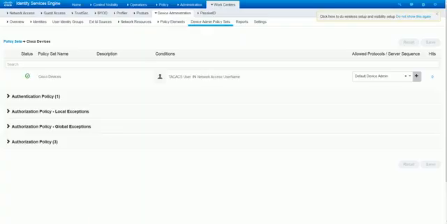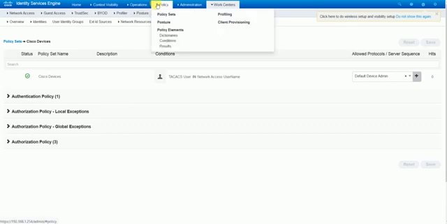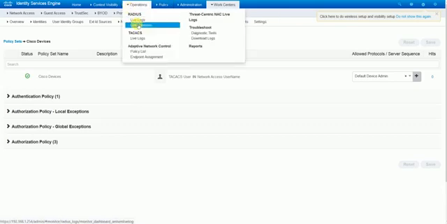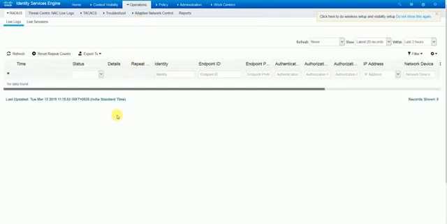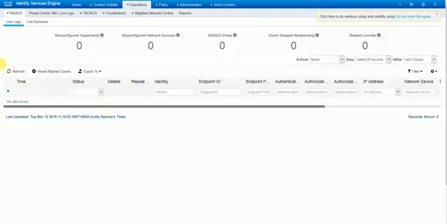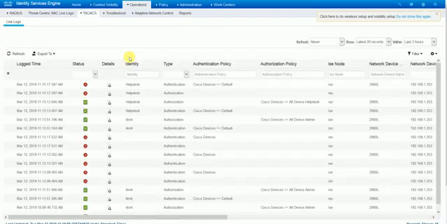Now if you go here and see the operations and live logs, you can see here TACACS.